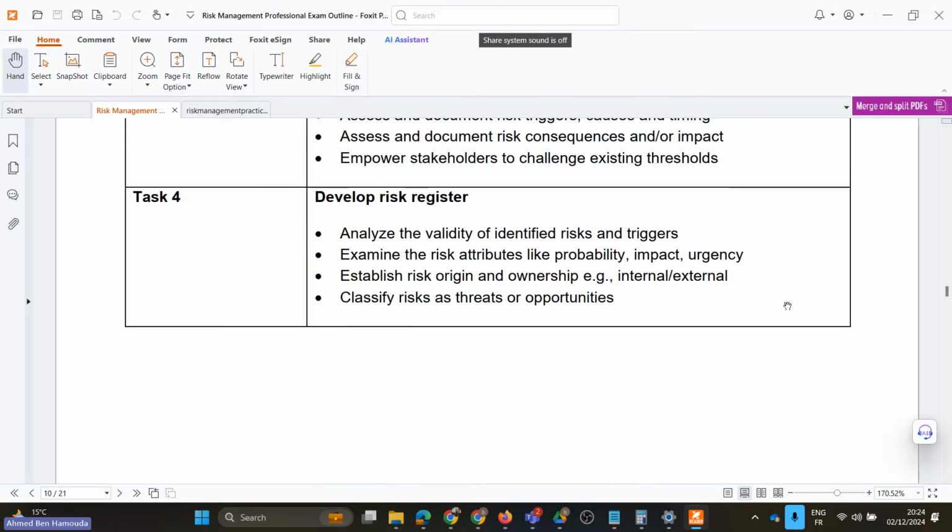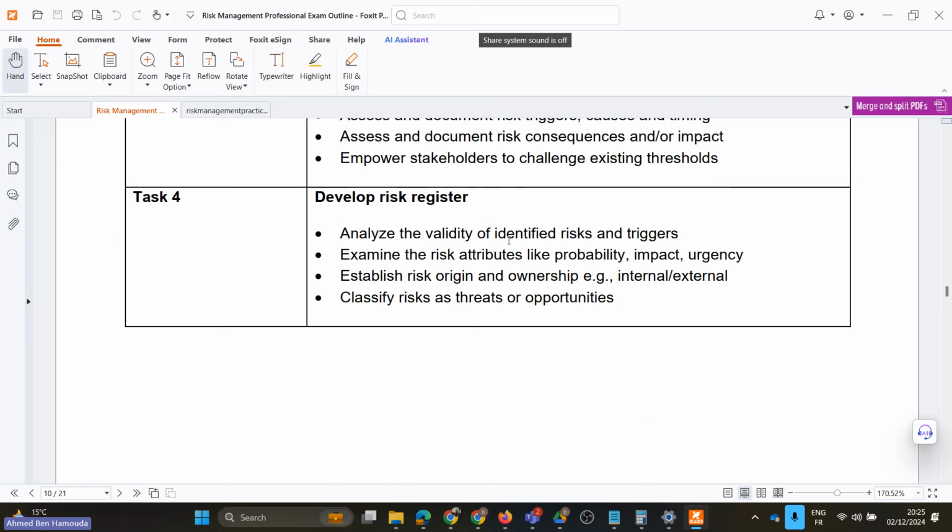Okay. And then finally, the last task in this second domain is about building and developing a risk register and definitely maintaining a risk register, because what you don't want to do as a project manager is actually to build your risk register but to forget about it later on in the project. Okay, so only validated risks with their respective triggers will be included in the risk register, and we will go through our own risk register template, and you will see that we always have to mention the trigger,